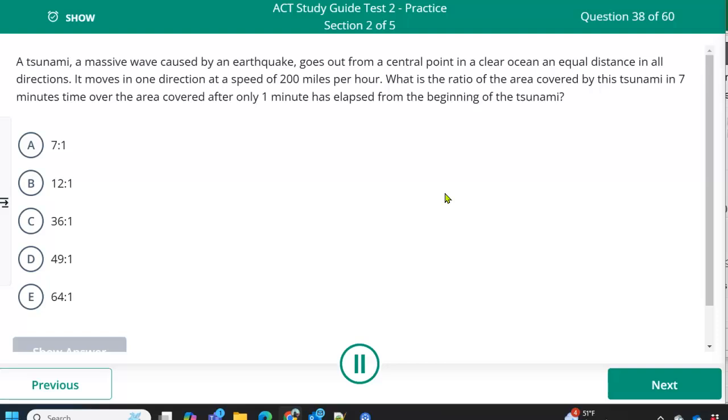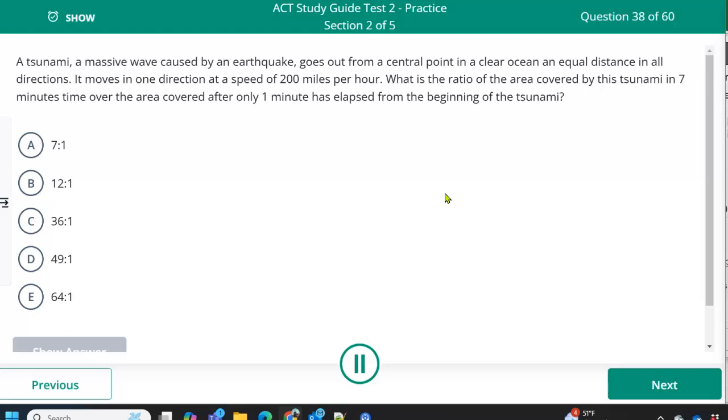It's going in an equal distance in all directions. So I assume that means it's going out as a circle. 200 miles an hour. Do tsunamis go in circles? But yeah, it just doesn't make sense any other way. It's going an equal distance in all directions. All right. So the area covered by the tsunami is going to be, after an hour, the area is pi r squared. And it doesn't really matter what the radius is,